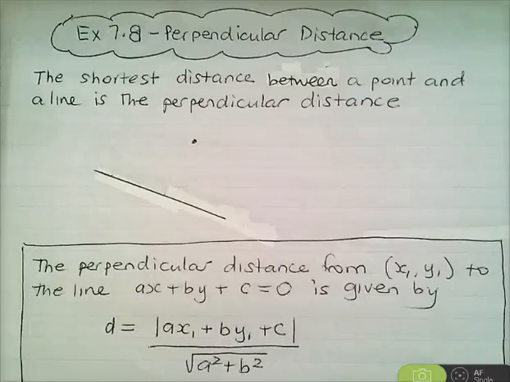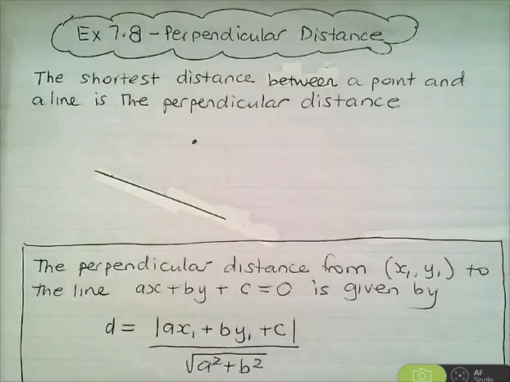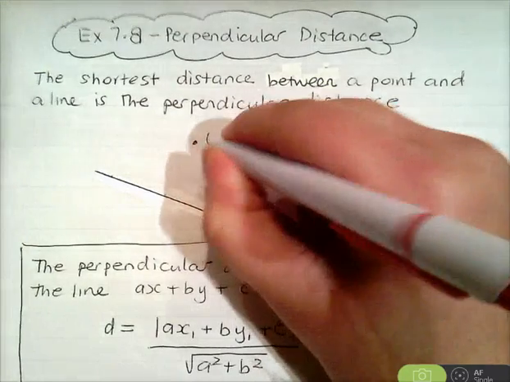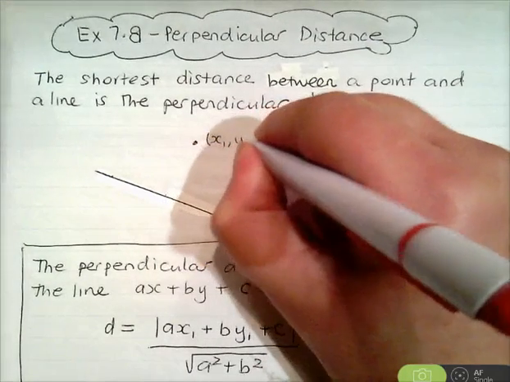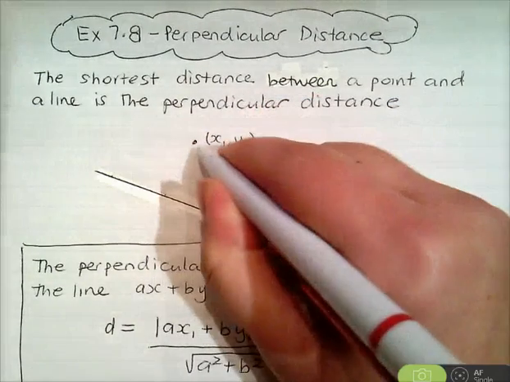This is exercise 7.8, perpendicular distance. In this exercise, we look at the formula which lets us calculate the perpendicular distance of a point to a line. Now, if I have this point here, x1, y1, and I want to work out the distance from this point to this line,